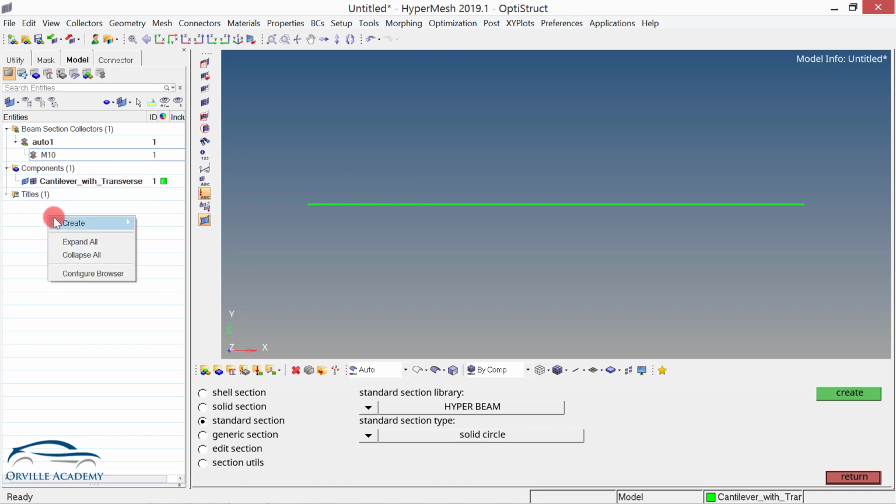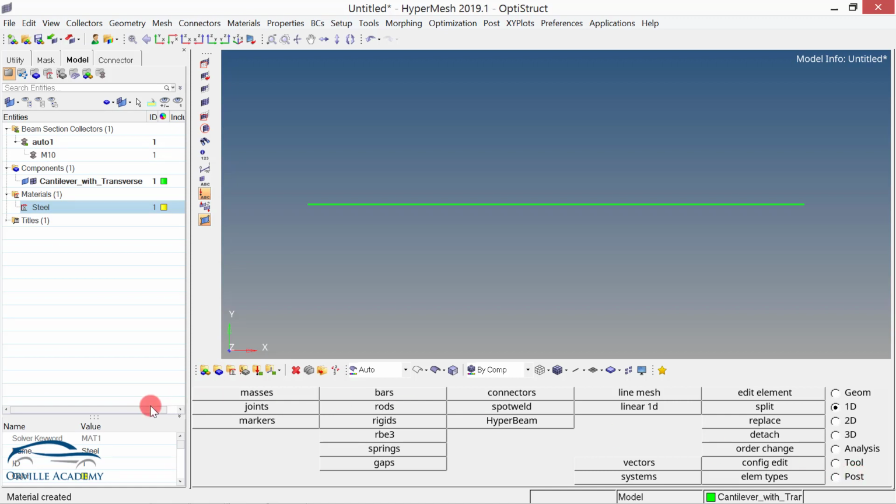So again let me go for right click. Then I am going to create the material. Let's create the material as steel. Press enter. But you can see under the details I am not getting the property as visible. So let me go return. Once you say return, automatically the property will be visible. Let me expand it a little bit. Then card image, yes, I require MAT1 only. Let me set Young's modulus to 2.1e5, same as this one. Then I will set Poisson's ratio to 0.3 only. And for the density, he has given the value of 7800 kg per meter cube. Let me set it to 7.8e-9 and press enter.